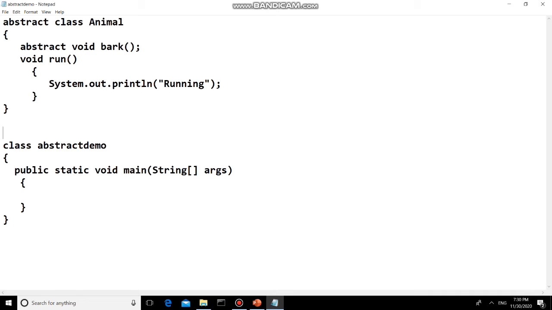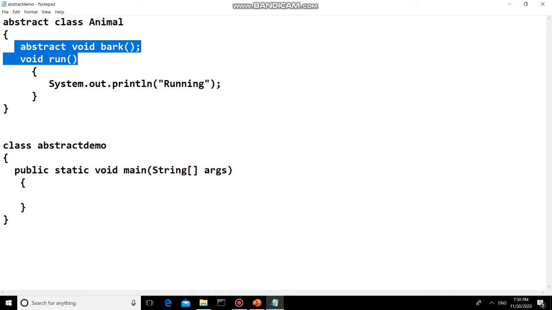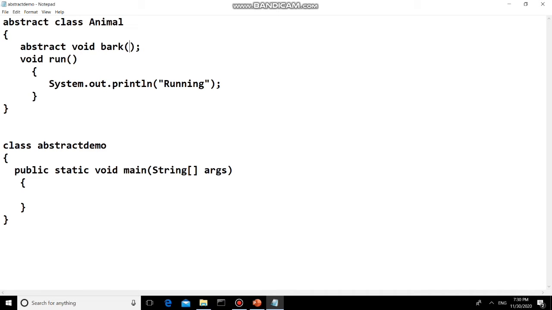So we cannot instantiate an abstract class, and we can't create the object of this animal class. Then how to execute this run method? Now this bark method has only a signature present in animal. So you should implement this bark method in a class which is extending this animal abstract class.